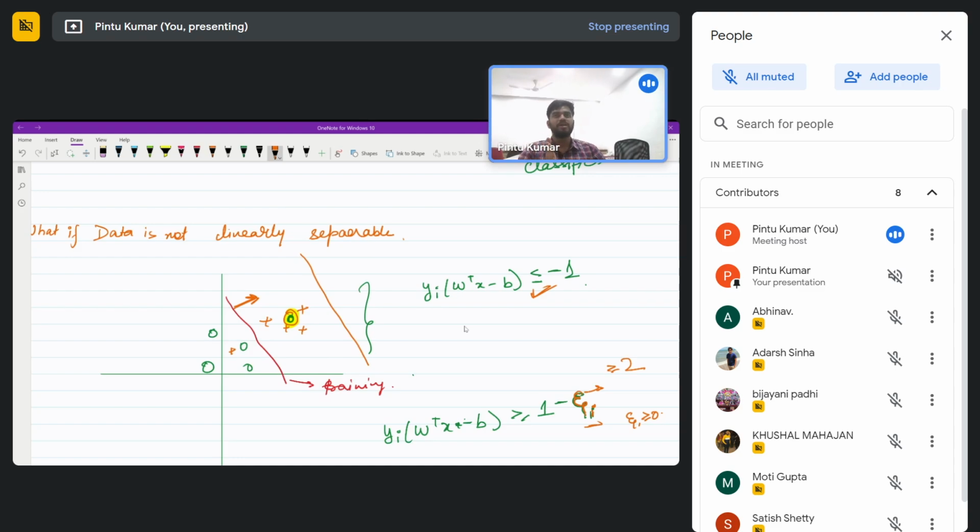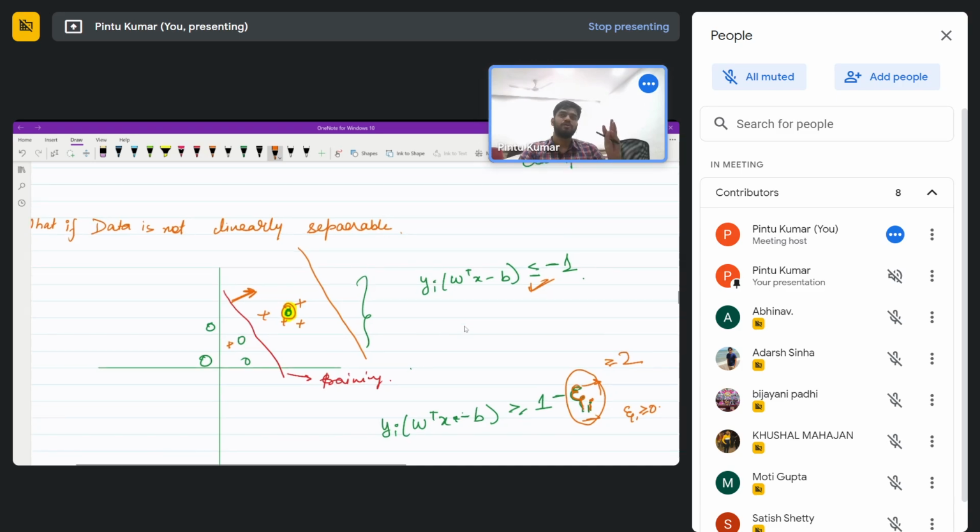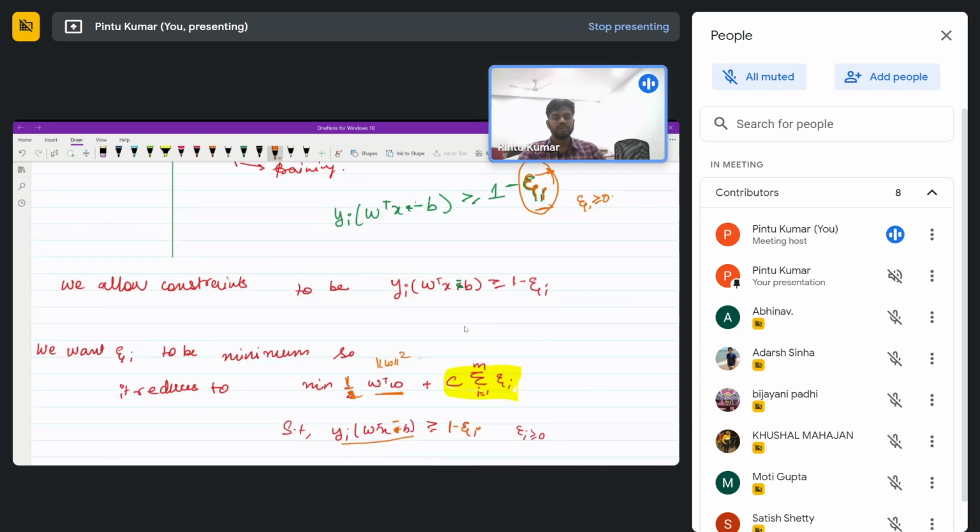It should be in between, right? So these errors that we are introducing should be as small as possible. To incorporate that, we include the summation of xi i in the minimization term